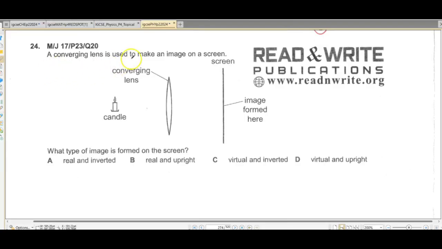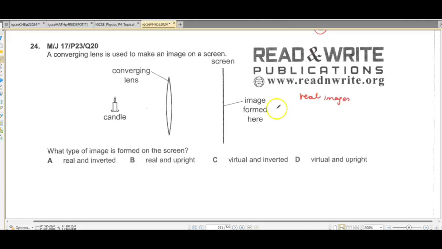Okay, moving on to question number 24. A converging lens is used to make an image on the screen. Which type of image is formed on the screen? Okay, whenever an image can be formed on screen, so we say that it is a real image. That is one of the points that